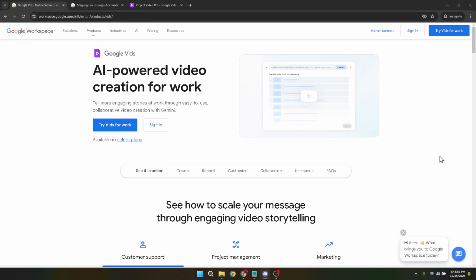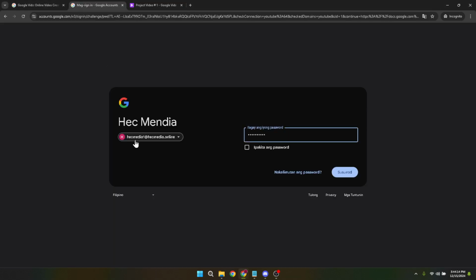First, let's start by navigating to Google Vids. Google Vids is part of the Google Workspace family, offering streamlined video sharing and viewing options seamlessly integrated with Google's existing suite of tools. Once you reach the Google Vids homepage, the next step is to sign in. Look for the Sign In button, usually located at the top right corner of the page, and click on it. This action will prompt you to choose the Google account you wish to use with Google Vids. Select the account you prefer, and you'll be redirected back to Google Vids, now logged in and ready to proceed.